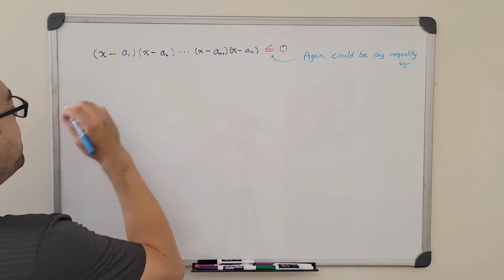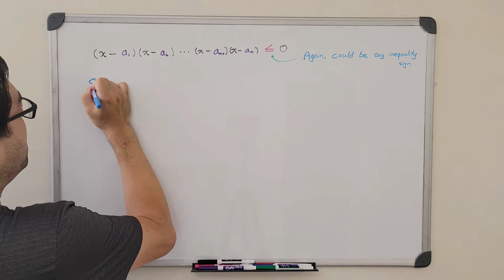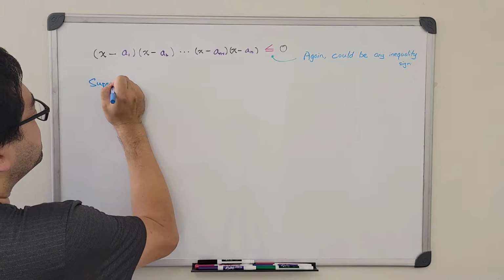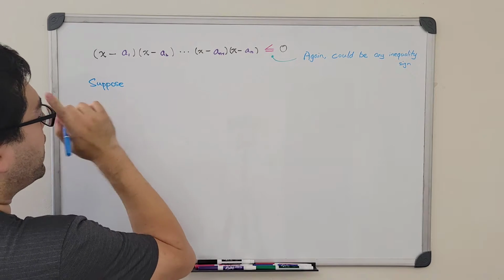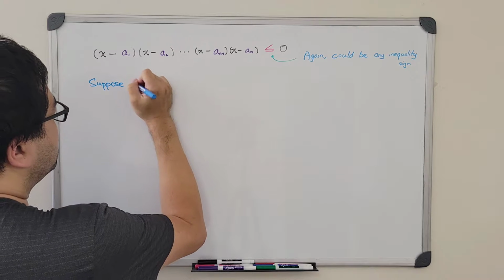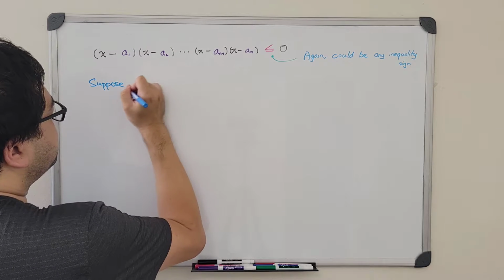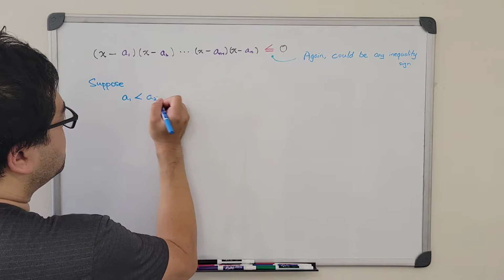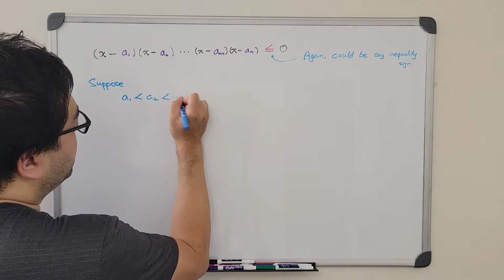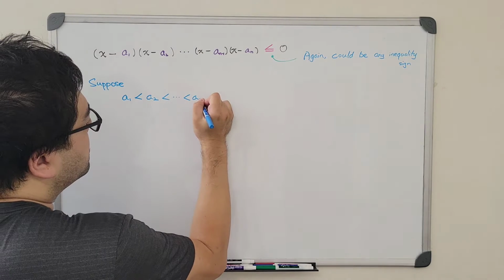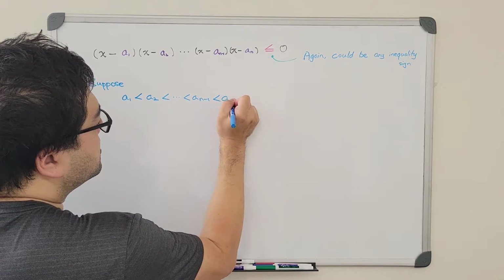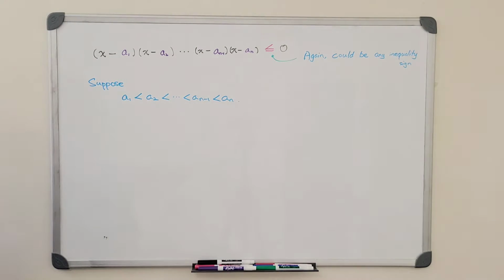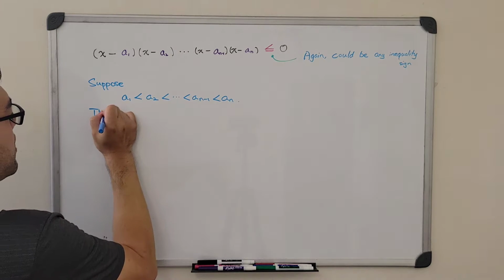So suppose that the roots are going in an increasing order. So we have a1 is less than a2, less than a3, all the way until an. Then the trick is